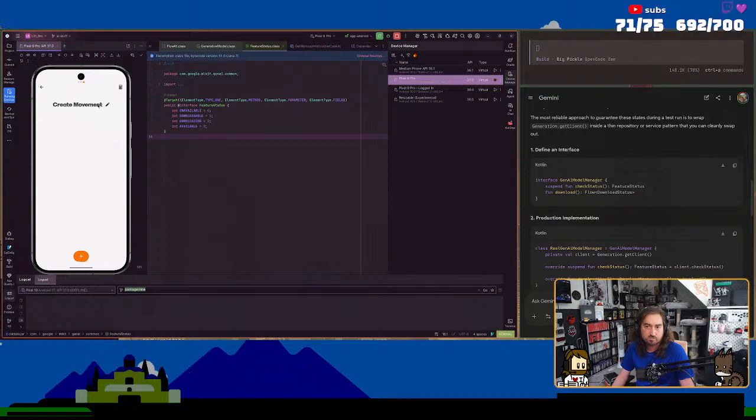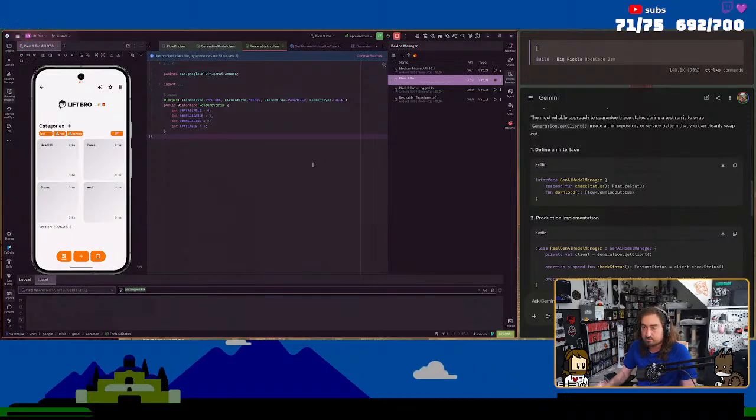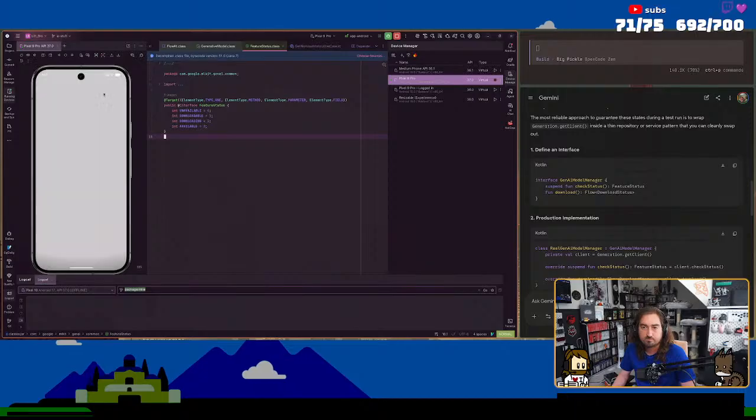Wait, why did this show ASDF? Oh, that's unfortunate. Oh, right, I did create an ASDF thing. I know the padding's also messed up in the middle there, but okay, now let's try running this.